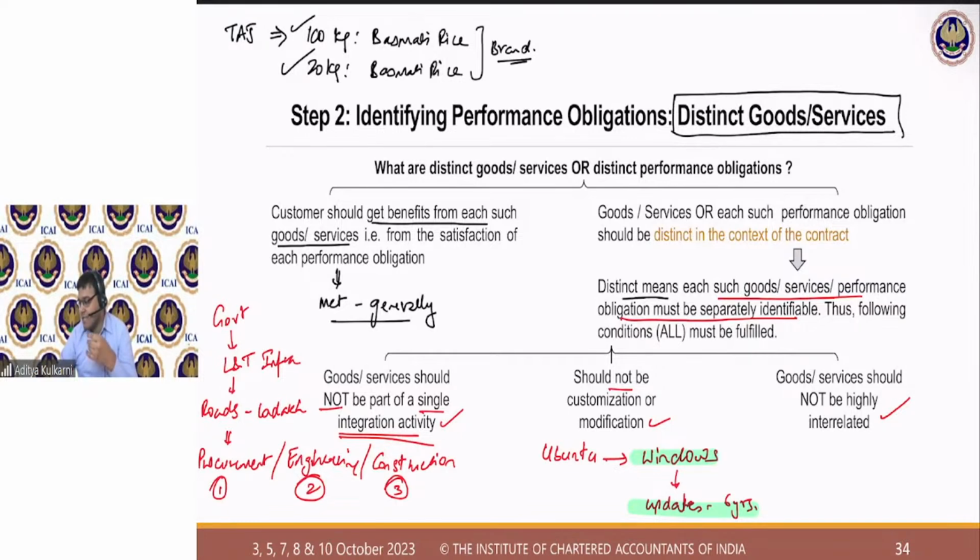But my question is, are these updates distinct in the context of the contract? And the answer to that, as all of you have said rightly, is no. So many of you said no when I was asking different is perhaps because you were thinking that they are not distinct in the context of the contract, while one of you said that they are different. So I will take it in a way that your understanding is probably correct. Those of you who said no are probably saying that the updates are not distinct from the software.